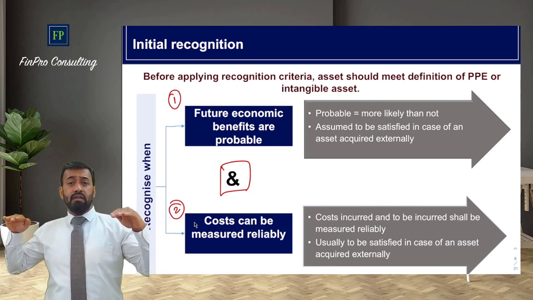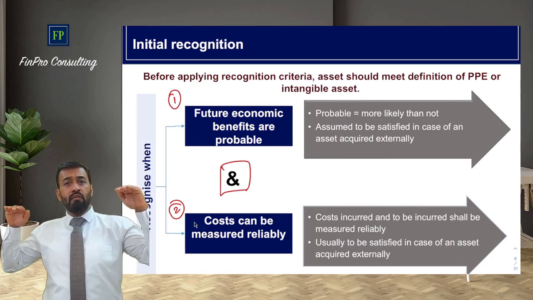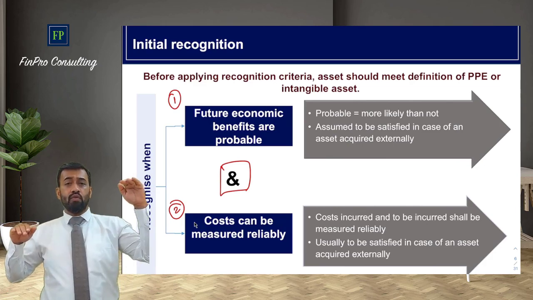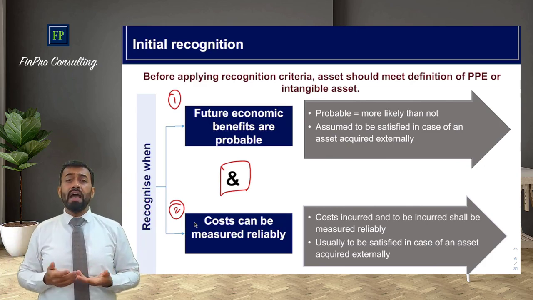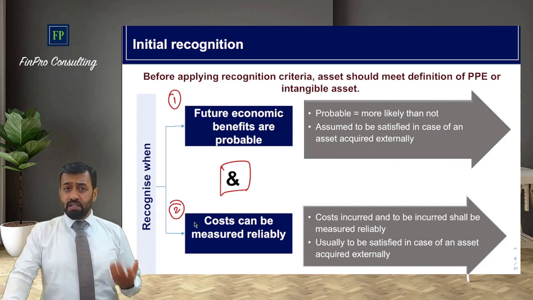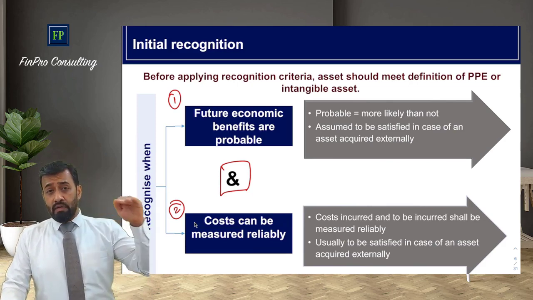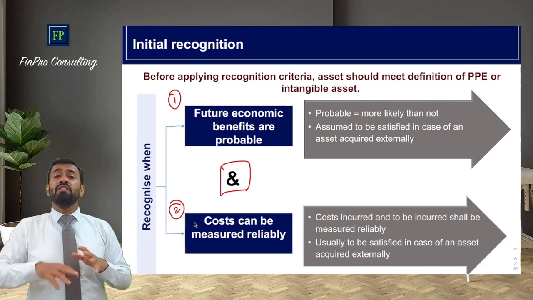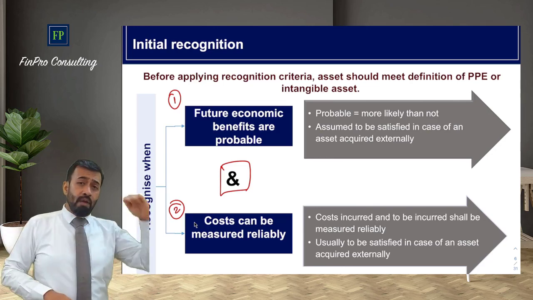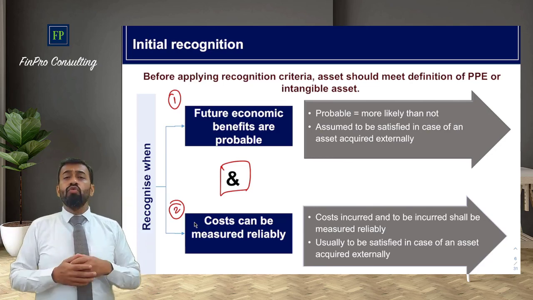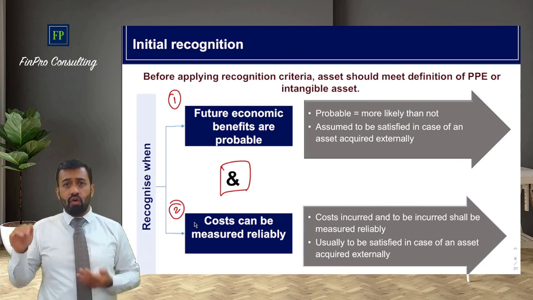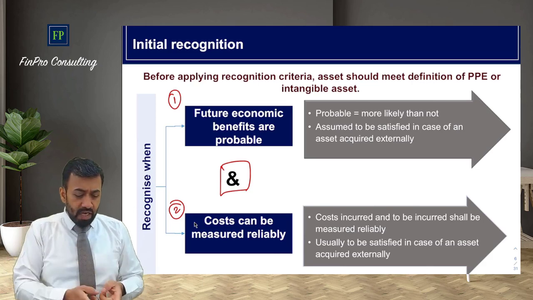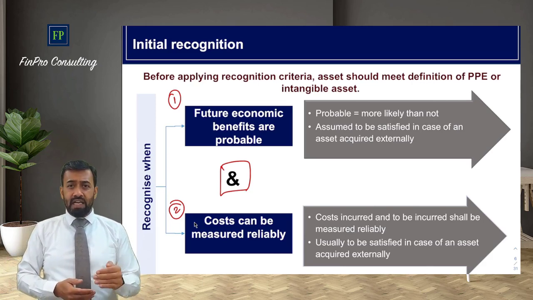You cannot relate the expenditure to the building of a brand. Advertisement expenditure, you can't say that advertisement expenditure has built my brand to this extent. No, you can't do that. There is no direct relationship of your advertisement expenses with the establishment of your brand. It might have developed to a certain extent. If there is a controversy with respect to that advertisement, your brand value may also decline. So you do not have a direct association per se of a cost and a brand. And that's why for internally developed intangible assets, it's very difficult to pass the second criterion.